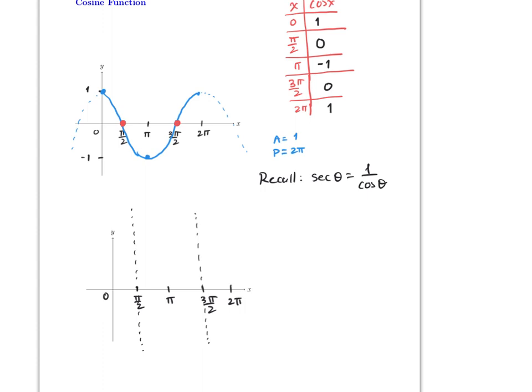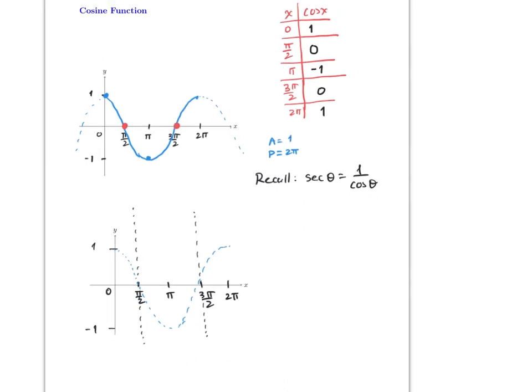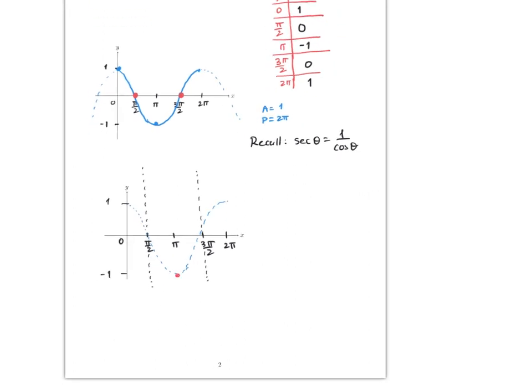So then let's just do the same graph in here. So let's say this is 1, and this is negative 1. So I'm going to just rewrite the original graph, and by that I mean this, as a dotted line. So remember, this one will look like this. So this is the graph of cosine. So how do we find the graph of secant then? So we will come here where this touches. So you will do this and this. Remember, you cannot cross this line. Same thing here, you will do this and this. So that's how you graph